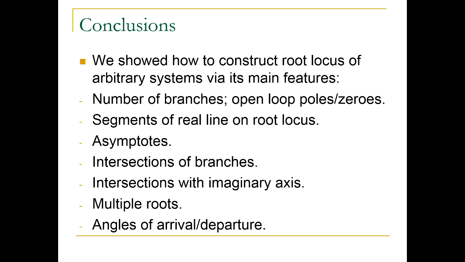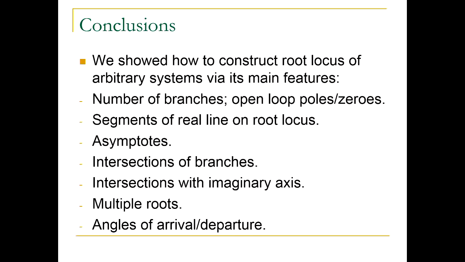How many asymptotes do we have? One, because there are 2 zeros and 3 poles. So this thing here is the asymptote. It just keeps going forever. That's the root locus for this system. There's nothing else to add. Each branch stays on the real axis. As we increase the gain k, this branch goes from pole to zero, this branch goes from pole to zero, and this branch just goes to minus infinity. So what can we say about this system? Tuning k, the gain, would never stabilize the system.